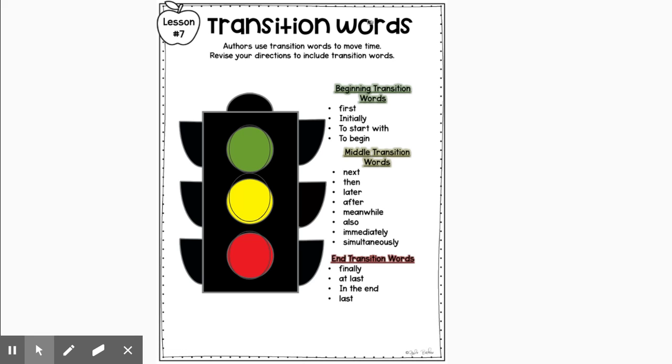This is something we discussed before when we read Henry and Mudge and we retold our story, sequencing the events. Now we're going to apply this to our writing of our personal narrative. Authors use transition words to move time. We can revise our directions in our writing to include transition words. We are going to go part by part in our personal narrative today to see if we can add in